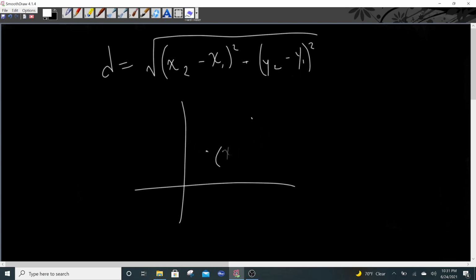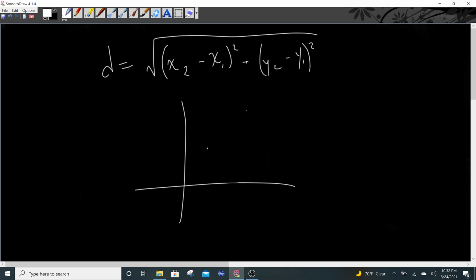I apologize for my handwriting. Must be late, but yeah, x1, y1, and then x2, y2. Already, you can maybe see the beginnings of a trig property that we can use, because with our points x1,